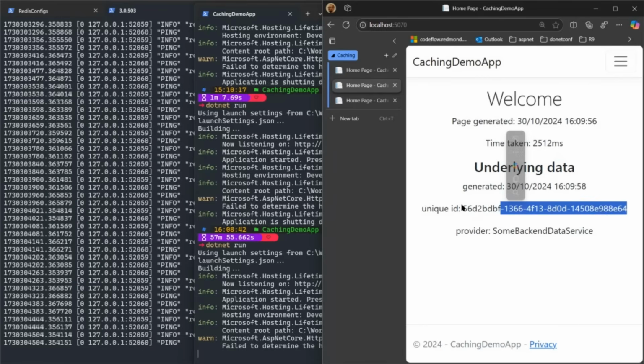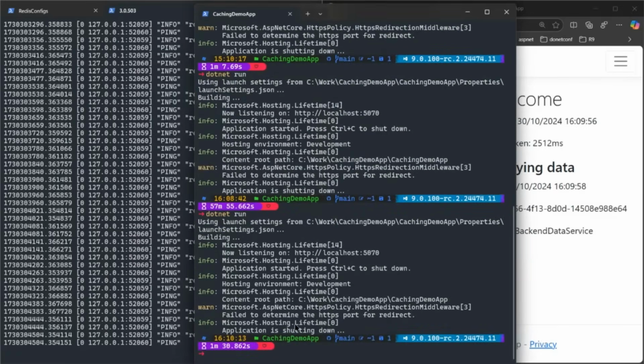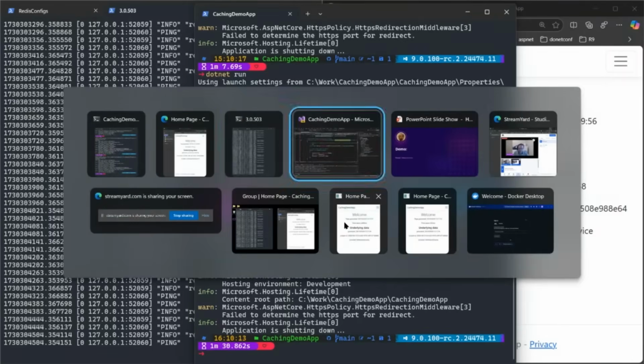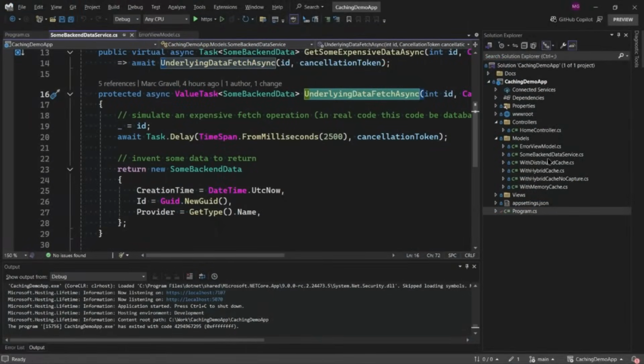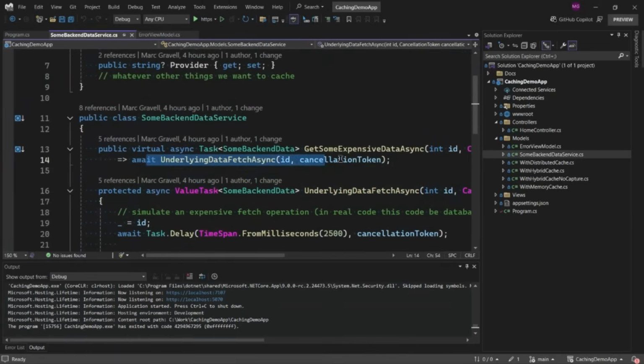Now, obviously, taking 2.5 seconds isn't great. And performance is important in any application. So what we're going to do is we're going to add some simple caching to make this page run quicker. And the simplest way to do that is with IMemoryCache. So if we go back to our application, if I look at the original code that's just calling that underlying data fetch, what I'm going to do, I'm